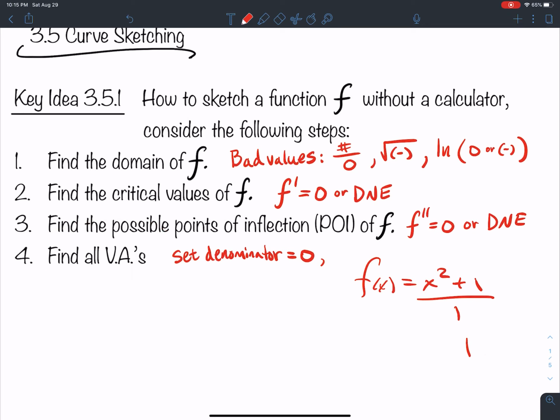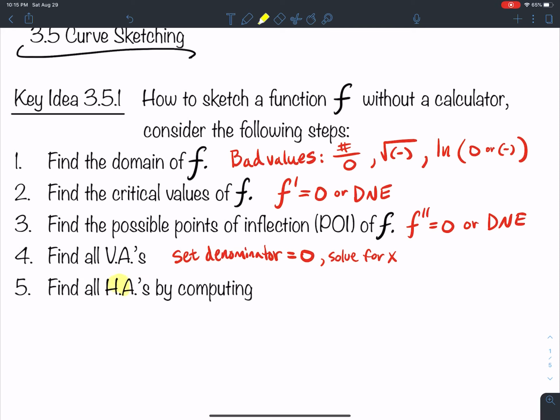No, there are not. However, say you had this scenario here. Well, I would set the denominator equal to 0, solve for x, and I would find x equal to 1. So I'd have a vertical asymptote x equal to 1 there. Okay. Now, step 5, I want to find all the horizontal asymptotes. How do I find horizontal asymptotes? I do this by calculating the limit. The limit as x goes to negative infinity of f of x, and the limit as x goes to infinity